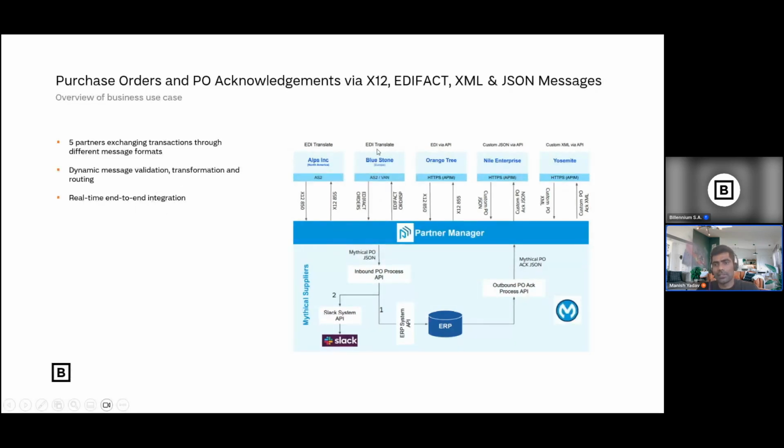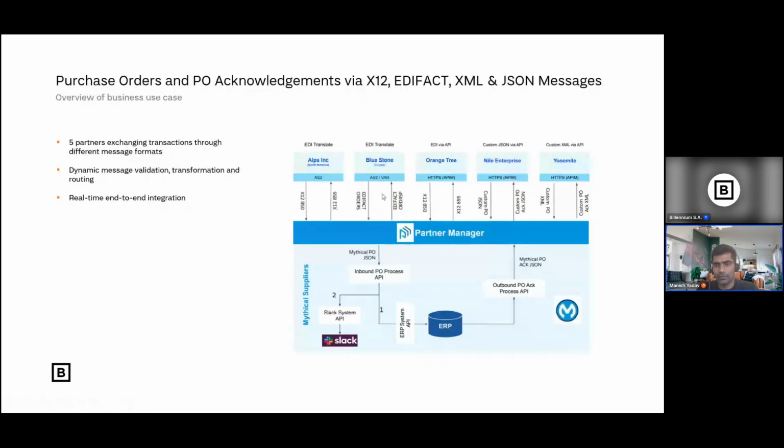If you see this graph, this is taken from the MuleSoft documentation, or I don't know, from the internet, but this is how the 5 partners exchange their business with the partner manager. And this is nothing but B2B communication over the EDI format. The data exchanged electronically is called EDI.